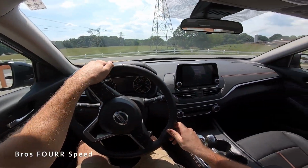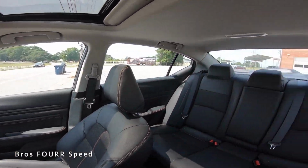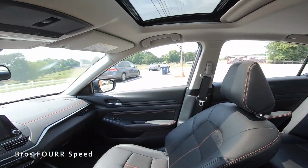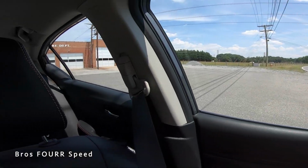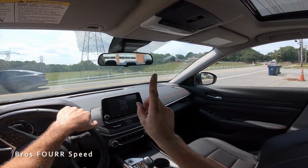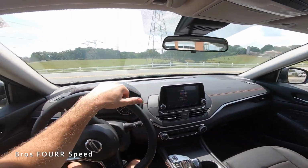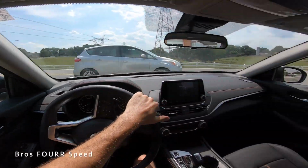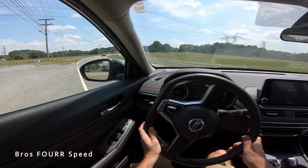And so now switching over to the POV angle, let's take a look at visibility. It may be hard to tell with that bulge since there's no vehicles behind me, but aside from that, looking over my left and right shoulder, I can easily see around. So it's just that one area. Side view mirrors are going to do a great job as well. It's just that one area that is a little bit bulky. So as we get out on the road now,